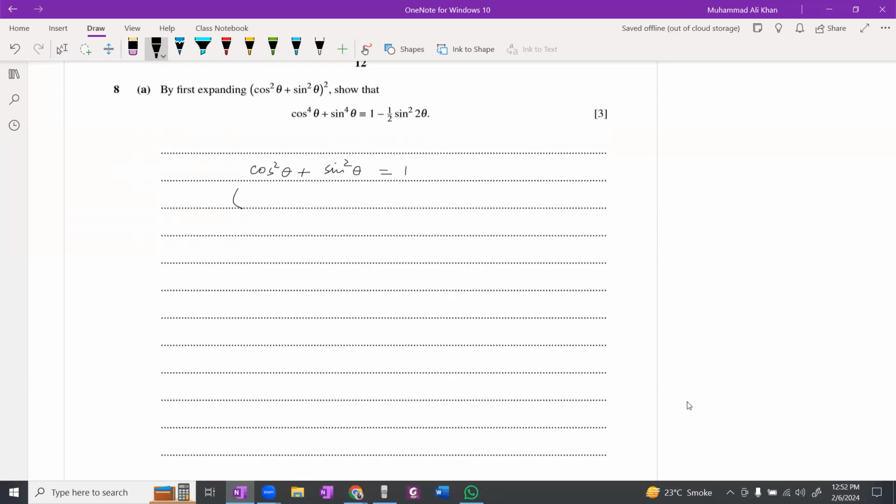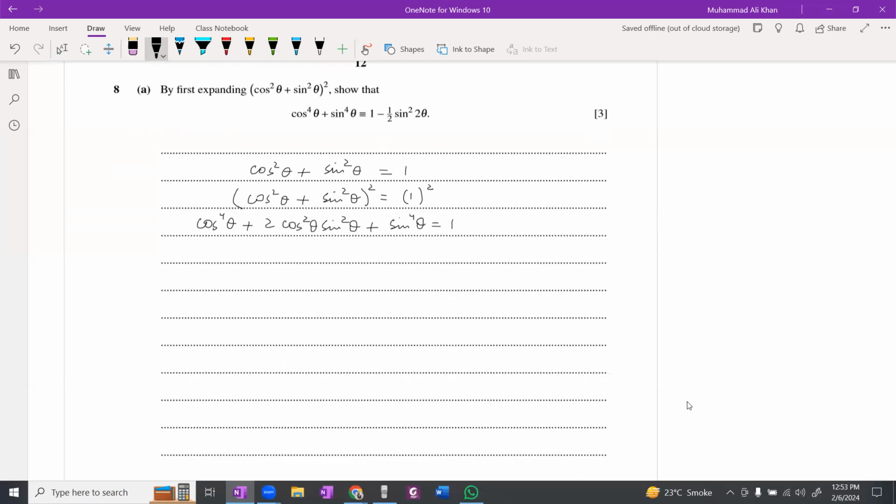And now, can I say that cos squared theta plus sin squared theta whole square equals to 1 square? Yes, because squaring both the sides is possible. Now, I am expanding the left hand side. a square plus 2ab plus b square